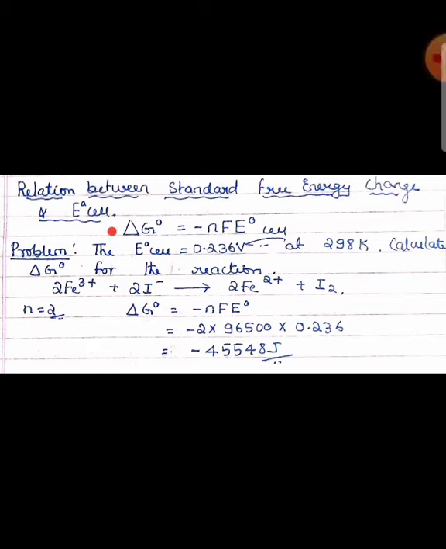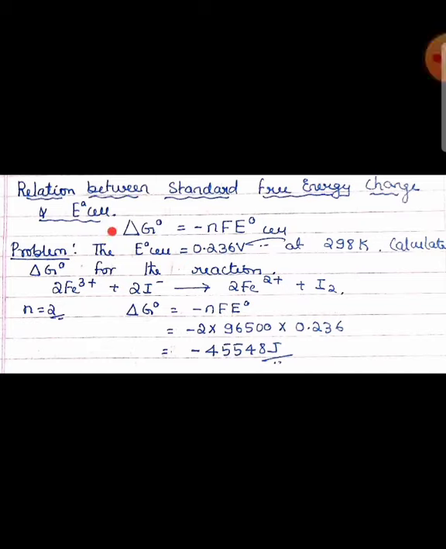We have one more numerical: the standard electrode potential of the Daniell cell is 1.1 volt, and here we need to find out the standard Gibbs free energy change for the reaction. Here 2 electrons are involved, so minus 2 into Faraday 96,500, E naught standard electrode potential is 1.1 volt. So we'll get minus 212300 joules per mole as the delta G naught value.